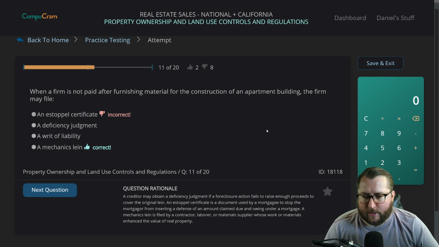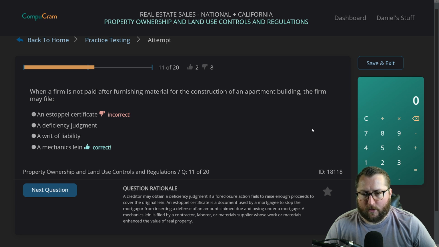A mechanic's lien. Question rationale. A creditor may obtain a deficiency judgment if a foreclosure action fails to raise enough proceeds to cover the original lien. An estoppel certificate is a document used by the mortgagee to stop the mortgagor from inserting a defense of an amount claimed due and owing under a mortgage. A mechanic's lien is filed by a contractor, laborer, or material supplier whose work or materials enhance the value of